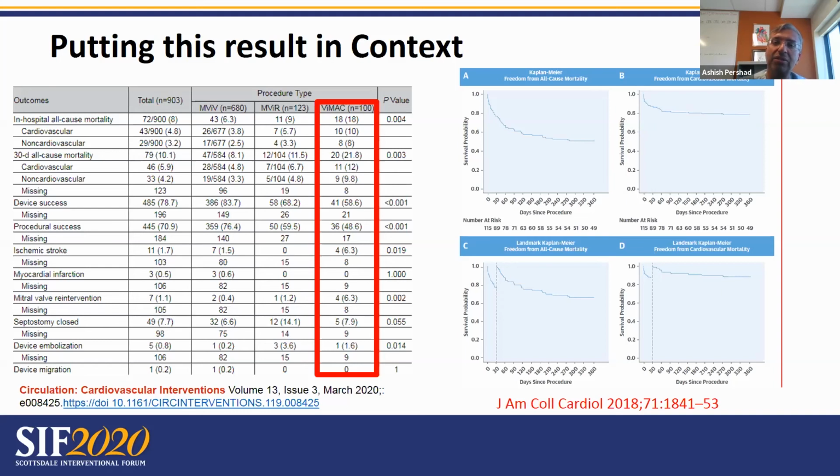But the interesting thing about this is that when we did a landmark analysis at 30 days, if you survive the first 30 days and don't suffer a procedural mishap, then you do remarkably well. And your mortality between 30 days and 1 year is essentially flat, reflecting once again that all the hazard is upfront from the procedure. But if you can safely undergo the procedure, your 1-year results are actually quite good. These patients have marked improvement in their heart failure class and derive the same benefit as patients who've had a valve and valve or a successful valve and ring operation.